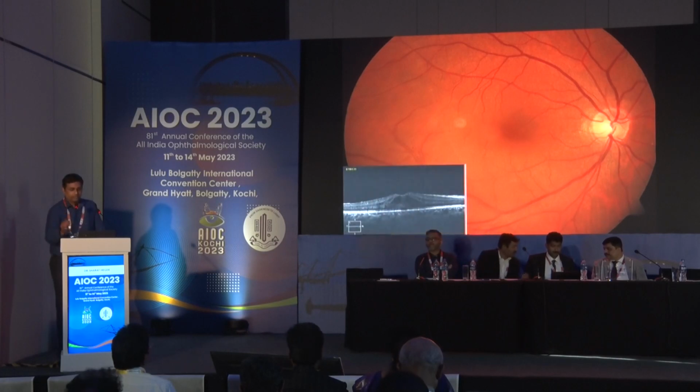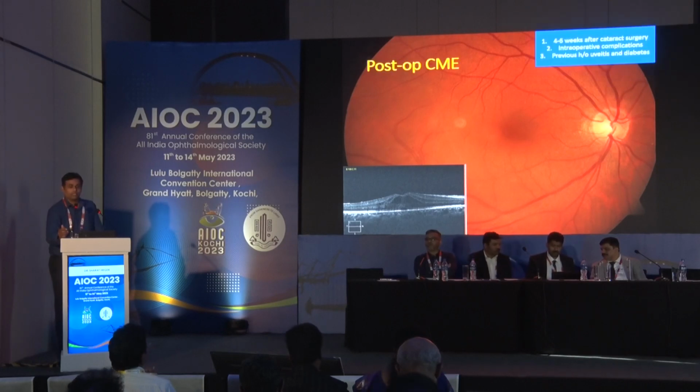When we saw that clinically, if you see the fovea, it does not look very different, it looks normal, but there will be some amount of elevation which can be seen clinically in 3D view with indirect ophthalmoscopy. And definitely OCT will show you the presence of cystoid macular edema. So this is a case of post-op cystoid macular edema, which we usually see 4 to 6 weeks after the